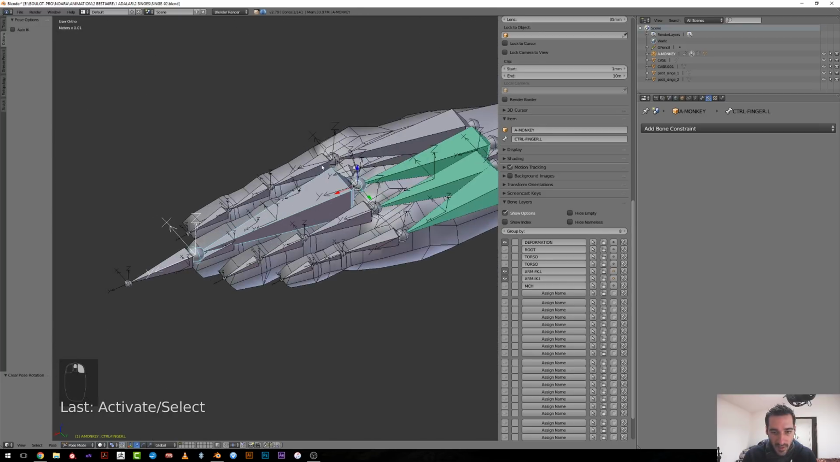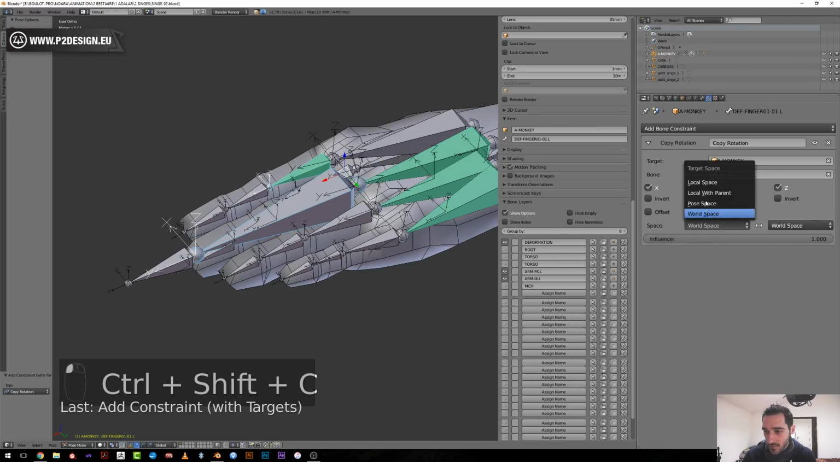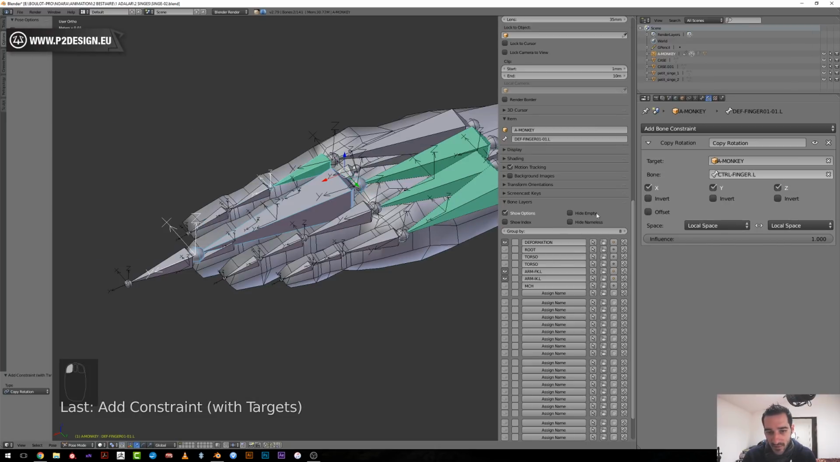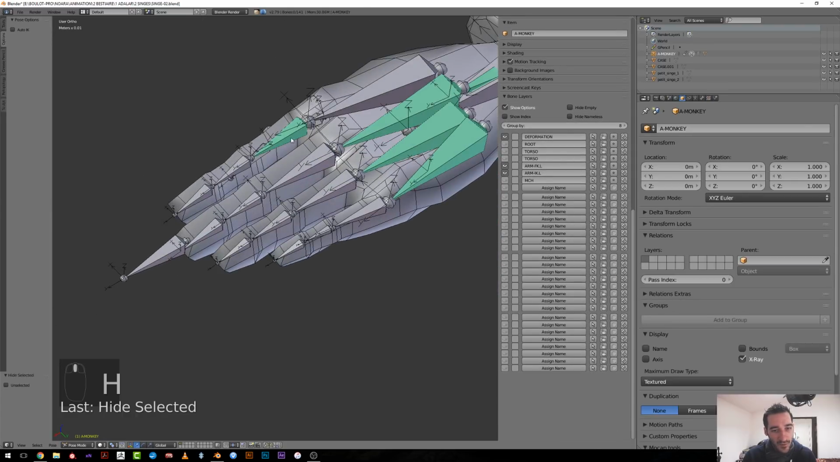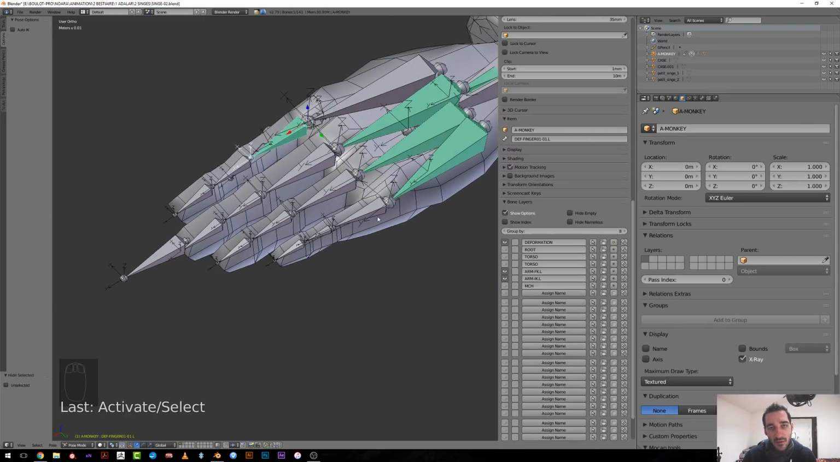Now I will do the same for those bones using this one. So this will be our orientation controller. Control Shift C, copy rotation from local space to local space. And now when I rotate this bone, this one follows. I will hide it. And if I want to set exactly the same constraint to the other bone, I can